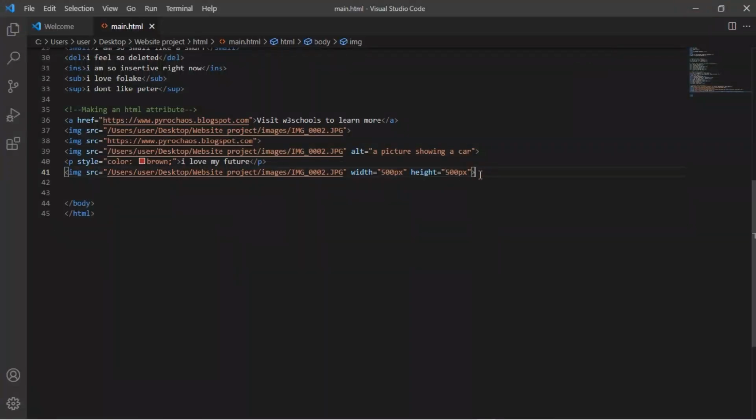So now let's move to another attribute. We've talked about most of the attributes already, and I think